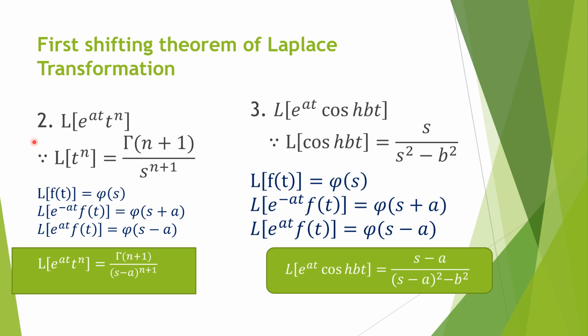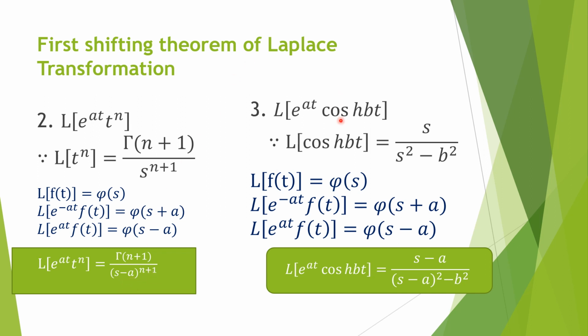Second, you can see here Laplace transformation of e raised to power at t raised to power n. We know that Laplace transformation of t raised to power n is gamma n plus 1 upon s raised to power n plus 1. So again by first shifting theorem, when it is function of t, it will be phi of s. When it is e raised to power minus at function of t, it will be phi of s plus a. E raised to power plus at function of t will be phi of s minus a. So here we have e raised to power at, so it will be gamma n plus 1 upon s minus a raised to power n